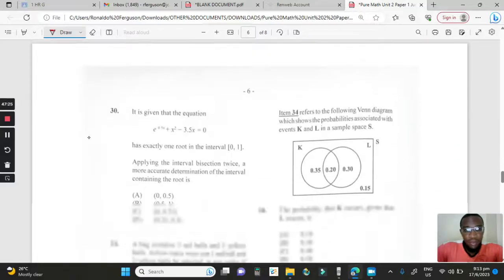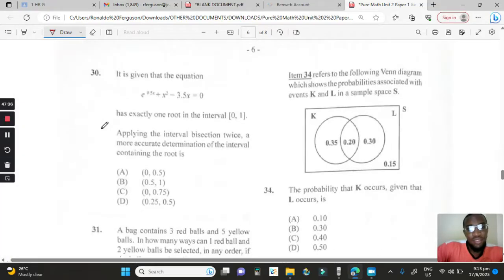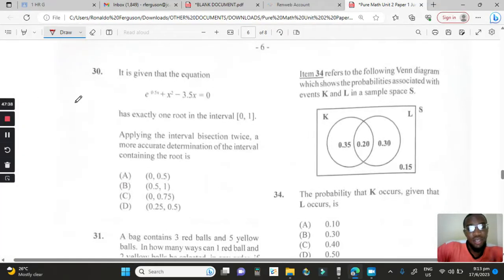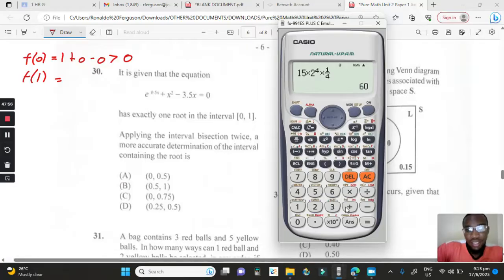Alright, number 30. It says apply interval bisection twice for a better determination of the root. So let's zoom a little bit more. Alright, so here now the root is on the interval 0 and 1. So f of 0 is going to be anything to the 0 is 1 plus 0 minus 0, which is greater than 0. Then f of 1 is going to be, plug in f of 1, that is